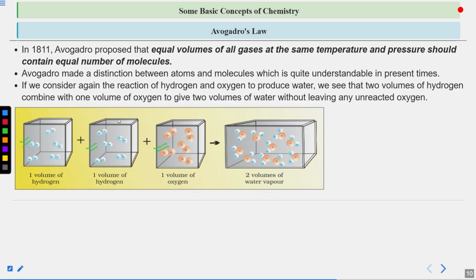Because the volume of these two containers are same and their conditions of temperature and pressure are also same. The same thing can be said for the hydrogen. And if you see the last one, then when we double the volume, the molecules also get doubled. 1, 2, 3, 4, 5, 6, 7, 8, 9, 10. So if you count, there are 10 molecules of water. So we can say that since these two volumes are equal, they will contain the same number of molecules independent of the nature of the molecule, given that temperature and pressure are same in both the containers.